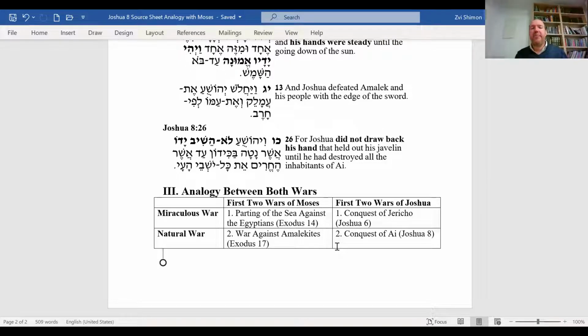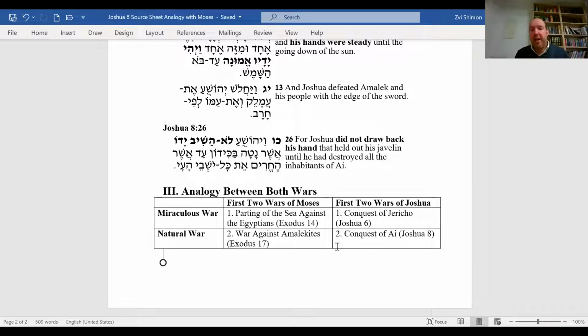And then we have the crossing of the Jordan, which obviously is parallel to the crossing of the sea when the Israelites left Egypt, and we saw the appearance of a mysterious head chief of the divine army, where Joshua is told to take off his sandals because he's on holy soil, which of course parallels the appearance of God with the burning bush, where once again Moses takes off his